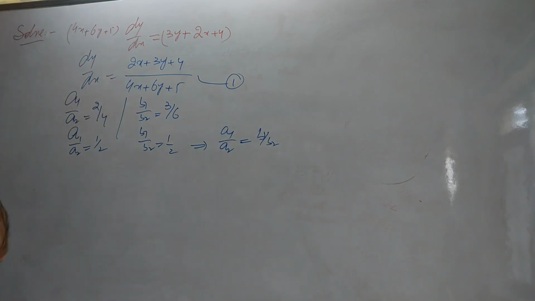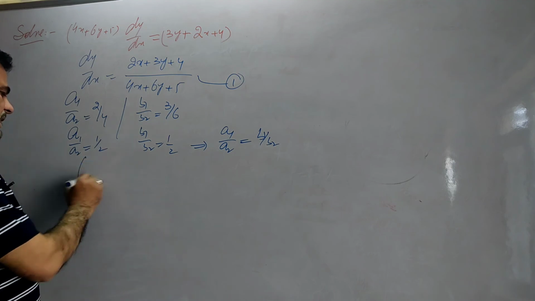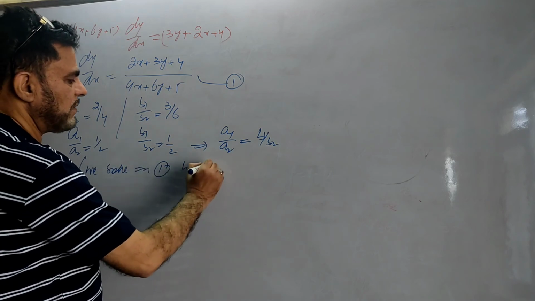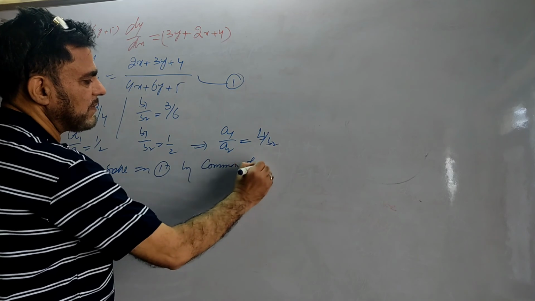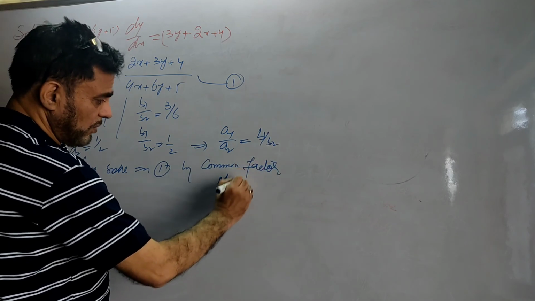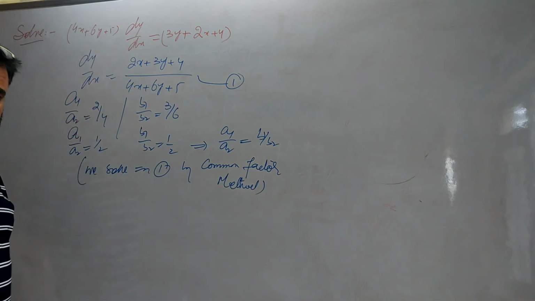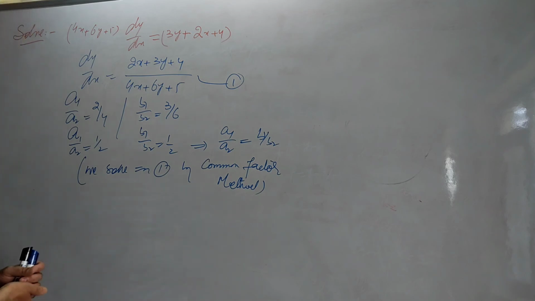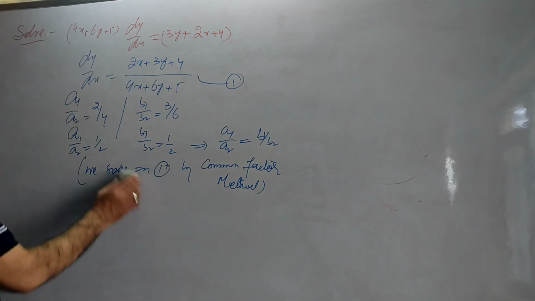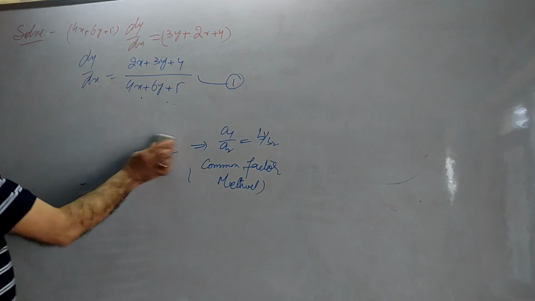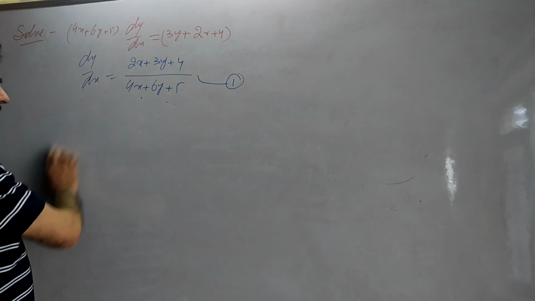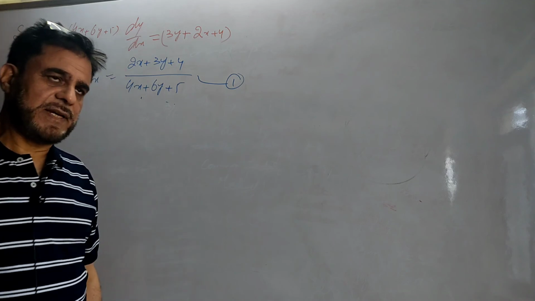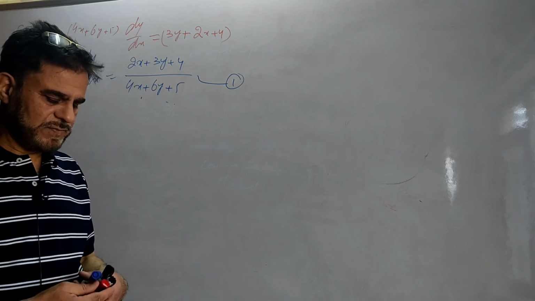We apply the common factor method. We solve equation number 1 by the common factor method. It is also a reducible differential equation, homogeneous, but it lies in another method where a1 by a2 is equal to b1 by b2. So how do we go for its solution? When it is like this, it is now simple. We don't need to take a substitution, this variable transformation or change of variables. We don't take x is equal to alpha plus h, y is equal to beta plus k. No, in this case we don't go that way.